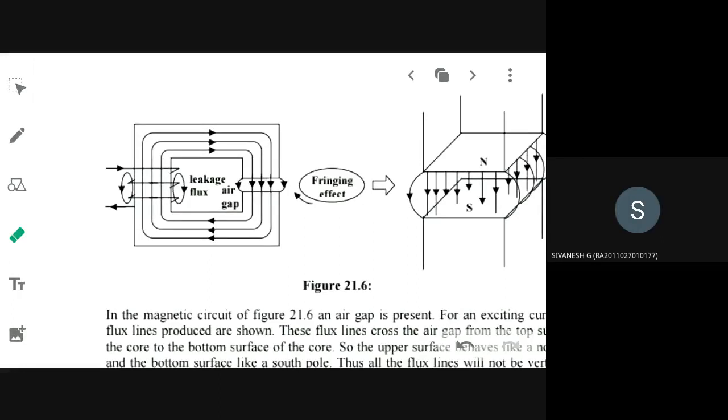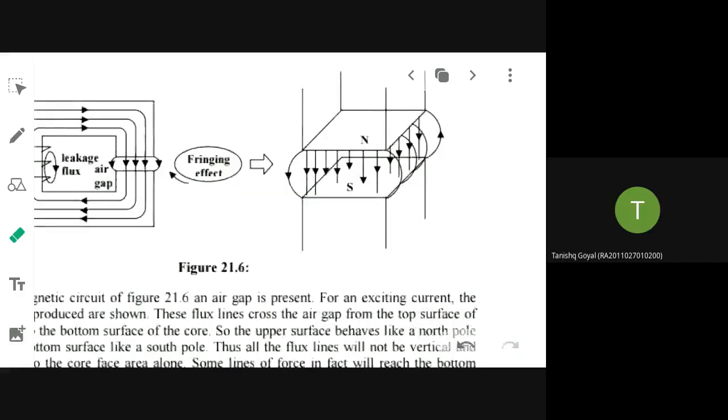Similarly, what is fringing? It is the bulging effect between the north pole and south pole. The flux lines will not stick to the air gap; they bulge out from it. Because of the bulging, the effective area of the air gap increases, but the magnetic flux density is reduced. This is an unwanted phenomenon that you have to reduce, so you have to choose the dimensions of the air gap accordingly. So this is the fringing effect and leakage flux, again an important question.